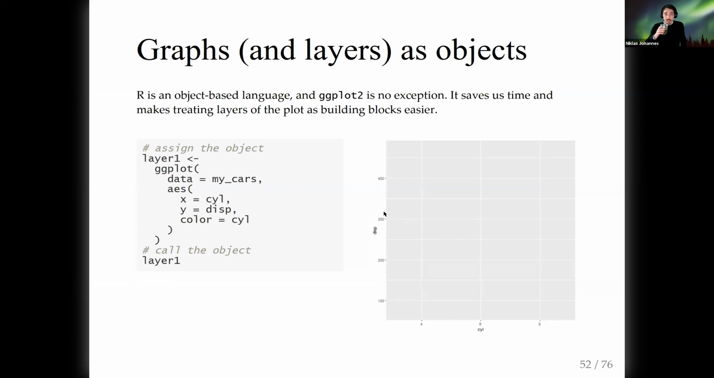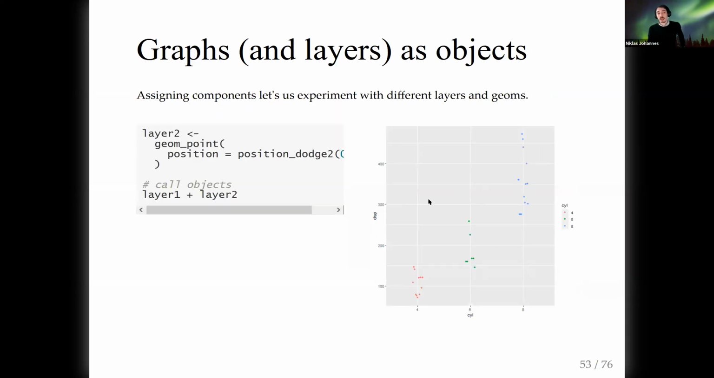Then quickly, R is an object-based language, and ggplot2 is no exception. That can really be a time saver. For example, we can assign a first layer to an object. In this case, we call the object layer 1. Afterwards, we can call it, just type it into the console, and what happens on the right is what's going to appear. That has the advantage that if you make the same plot for multiple data sets, for example, or we do this with several variables, you don't always need to type out everything again or